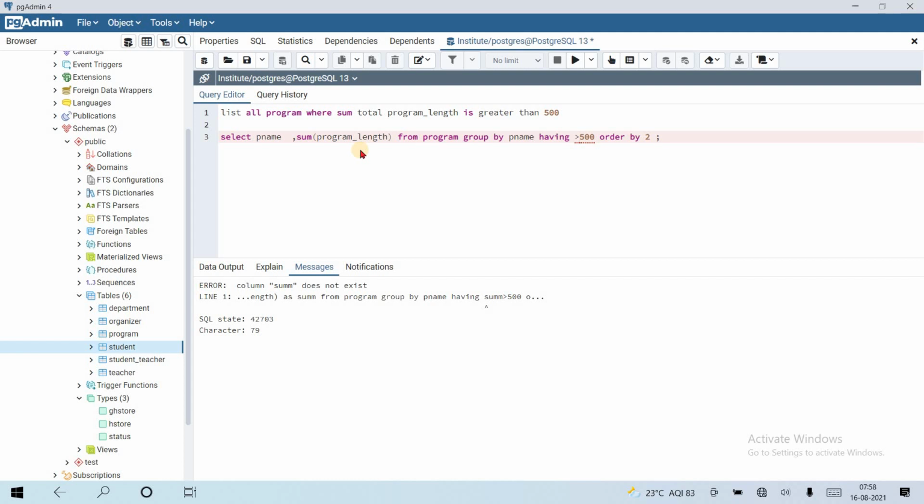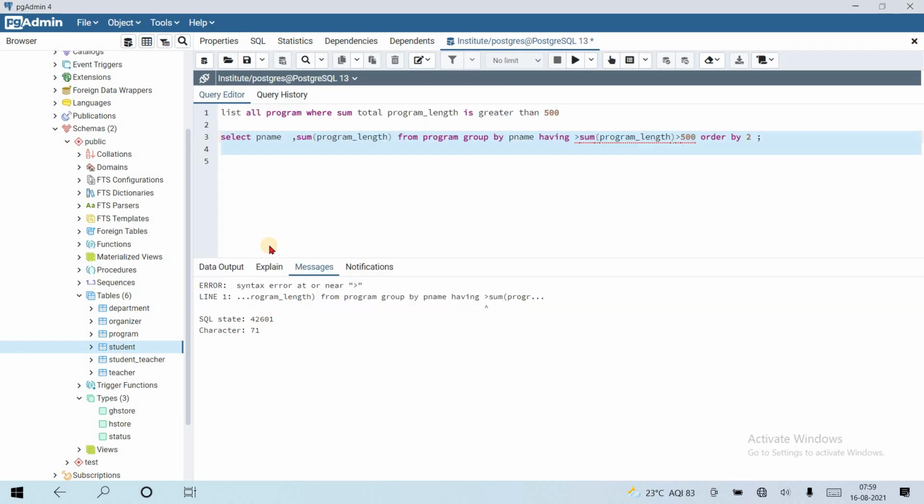So what is having versus where? What is the difference between having and where? We know that in the execution order, where executes first and having executes second. First where executes and then the having clause. Okay, let's see. Greater than 500, run this query first.